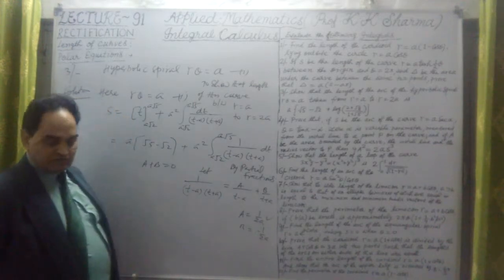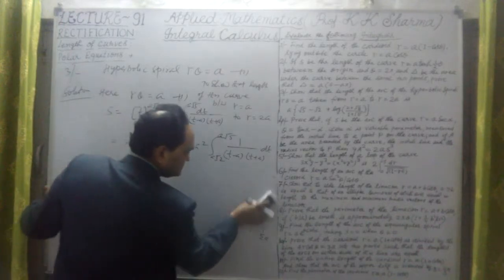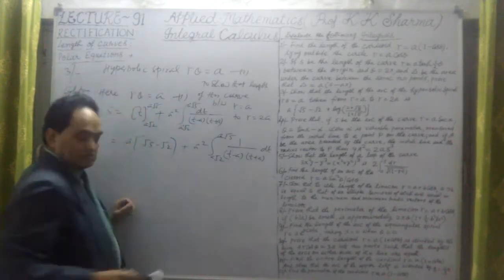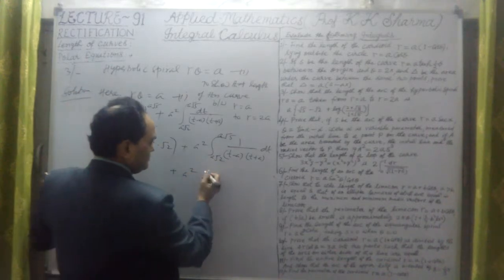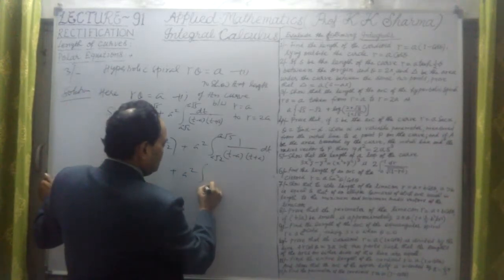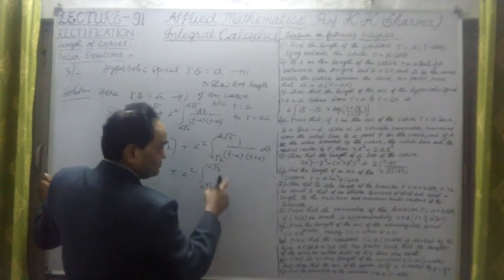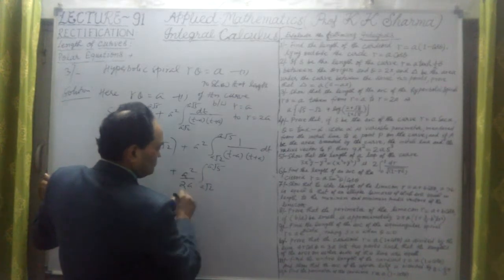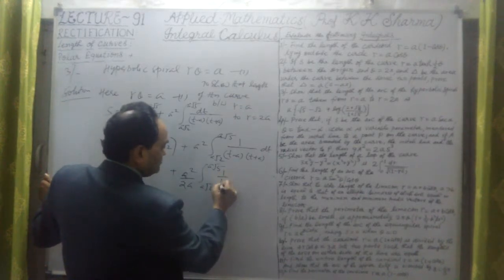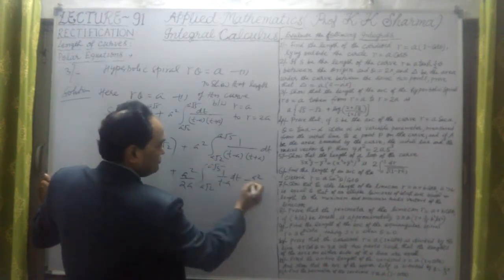Therefore, finally, this integral is changed into two parts. This is plus a square, and the first part is from a root 2 to a root 5. The value of A was 1 upon 2a, so let me take 1 upon 2a outside. This is a square times 1 upon 2a into the integral of 1 upon t minus a dt. Minus the second part, it is a square upon